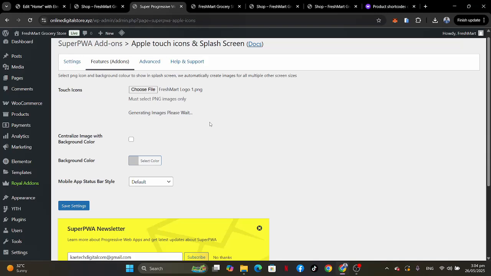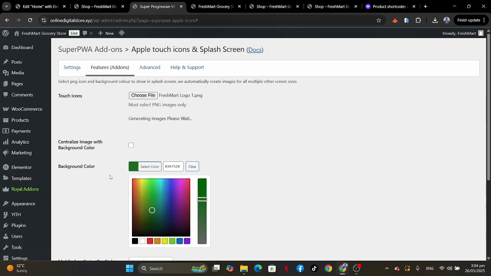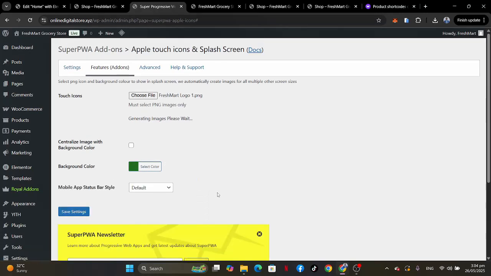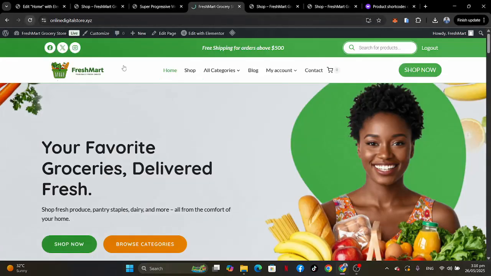So let's say I want to use this one, so I can just put it over here, so it will generate all the other images, and then you can set your background images and all those things that you are using. Then you wait for it to generate the images, and then everything will work for you, and then you save the settings and you're good to go. All right, so now that we've set up everything, now if we go to the front end and refresh our website,